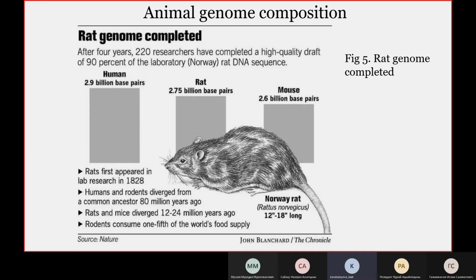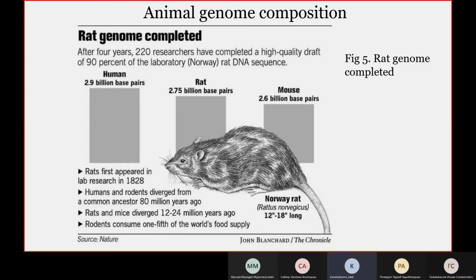Firstly, as an example of animal genome composition, we have the rat genome, which allows finding genetic variation measured at the DNA level. The rat genome is 2.57 gigabases, smaller than the human genome. The human genome has 2.9 billion base pairs, and the global comparison of the three genomes reveals large chromosomal regions. These refer to orthologous chromosomal segments, which have been inherited with minimal rearrangement of the gene order from the primate, rodent, and other ancestors.